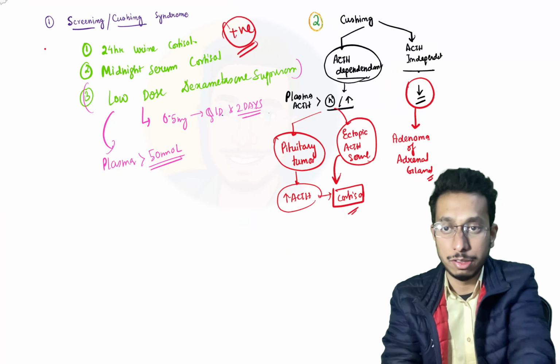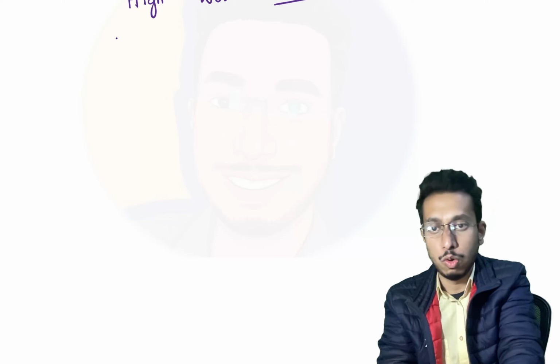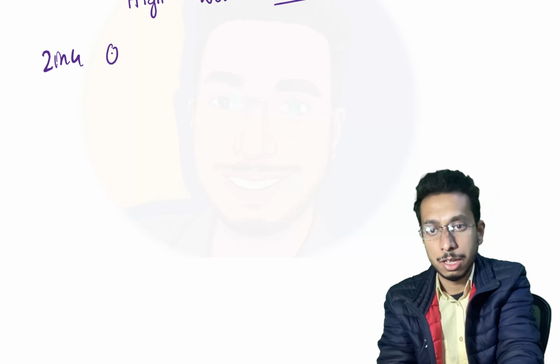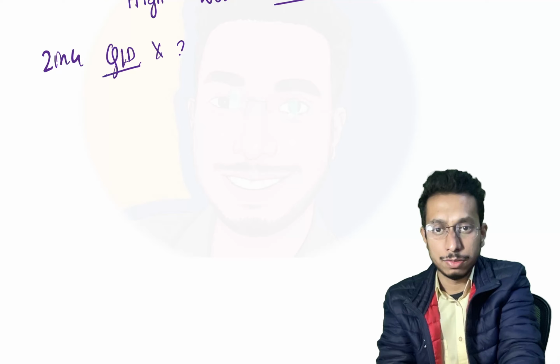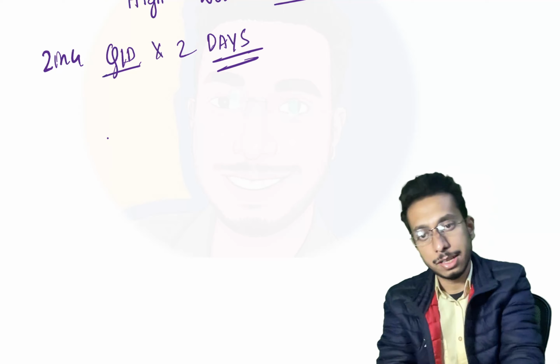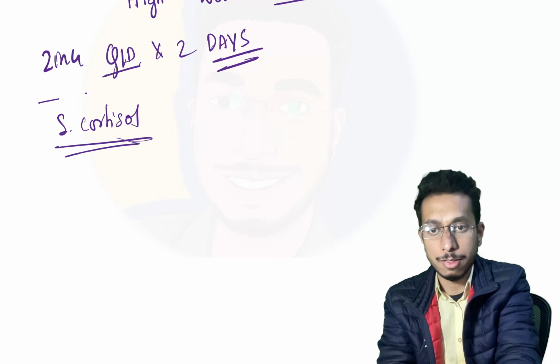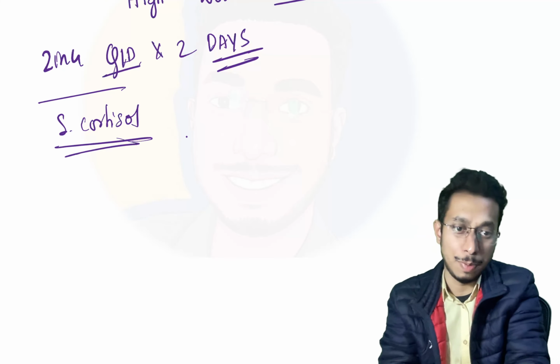To differentiate between these two, the next step involves subjecting the patient to high dose dexamethasone. High dose dexamethasone means 2 milligram QID for 2 days. After that, serum cortisol level is assessed, and if it is more than 50% suppressed,